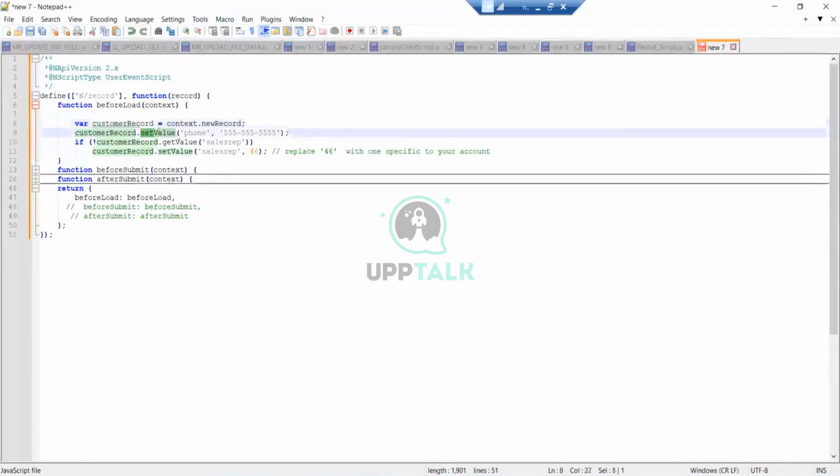We are using container. This is not the ideal way to set a value. Use set value API. We will copy this from